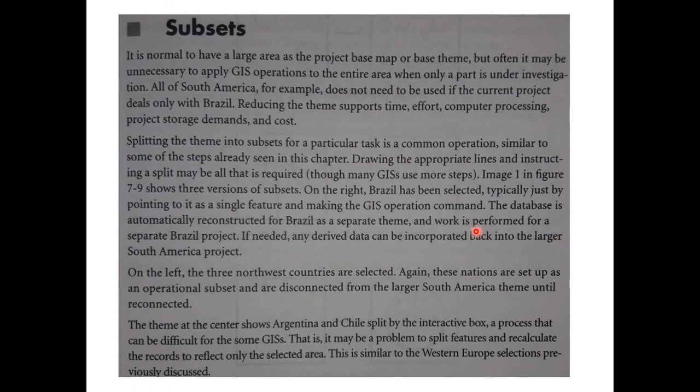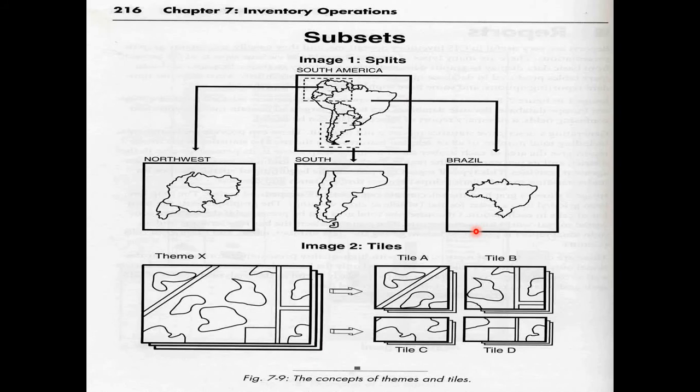We can also make subset data from any tile. Like if we download MODIS data, the tile of MODIS is about 1200 kilometer by 1200 kilometer. So we can subset our specific area. Like here we have a map of South America, and this is a rectangle. So if we want the data of this rectangle only, we have to perform the subset command or split command. So this rectangle is here, and we have another rectangle. So data within this rectangle will be extracted like this, and this is northwest portion, this is south portion.